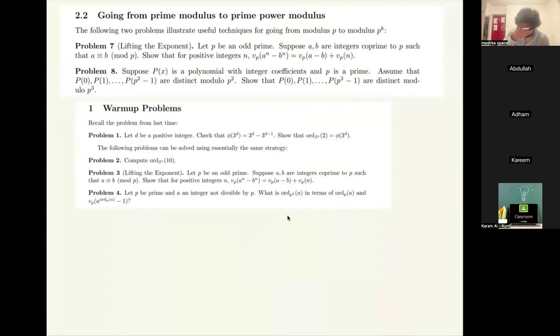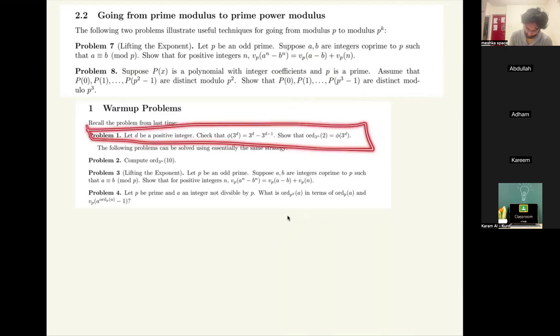Yeah, okay. So next what I wanted to cover is how do you go from modular arithmetic modulo p to mod p to the k? So the first problem is lifting the exponent. So before I actually state what lifting the exponent is, let me say what the point is. So the point is actually something we covered last time. So last time we had this problem, which was,